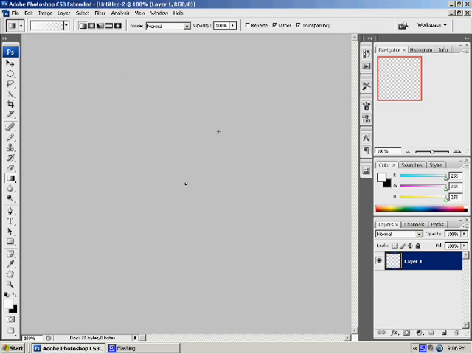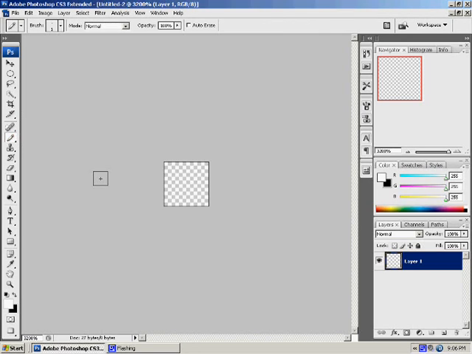You don't really need to focus on the name because that's not going to matter, and you're going to just zoom in as much as you can, so just hold Control and hold down the plus sign key, and after you do that you should be at 3200% zoom, and you're going to select your pencil tool and make sure your foreground color is black,